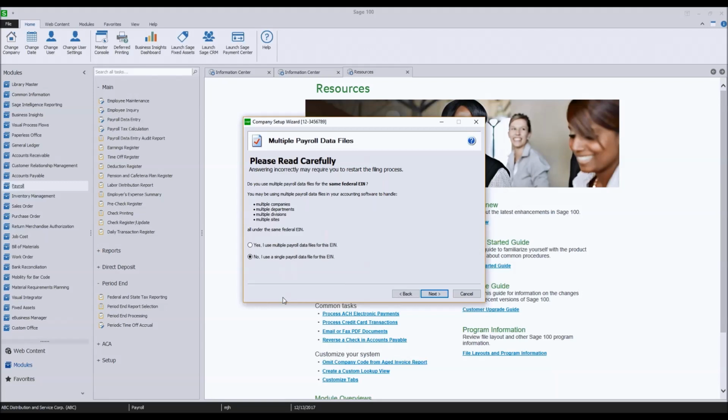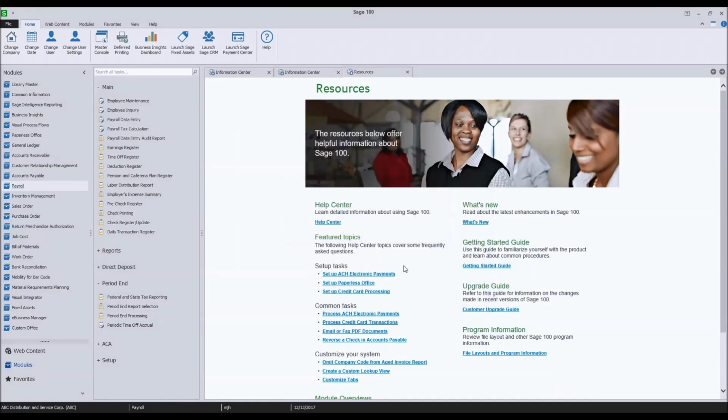Okay. Am I combining my W-2 information or my 941 information from multiple company codes? Some folks I have will split out maybe officers in one company so that the payroll can stay sheltered, if you will, and then they'll have their other employees in the regular company. We really need to merge those two data sets together because it's the same federal ID number. If that's the case, then we can merge that data, or no, I'm going to just proceed with a single company.